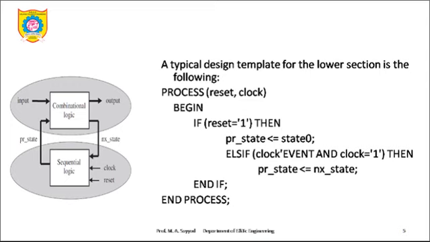But suppose reset is not applied, then what will the lower part do? The lower part will assign the next state as the present state. That's why our next statement is else if clock'event and clock is equal to 1. We have had many discussions on this in the example of the counter as well as the D flip flop. That is, clock'event and clock equal to 1 represents the rising edge of the clock. Whenever there is a rising edge of the clock, you are assigning the next state to the present state. Quite obviously, if you started with an if statement, you need an end if and end process.